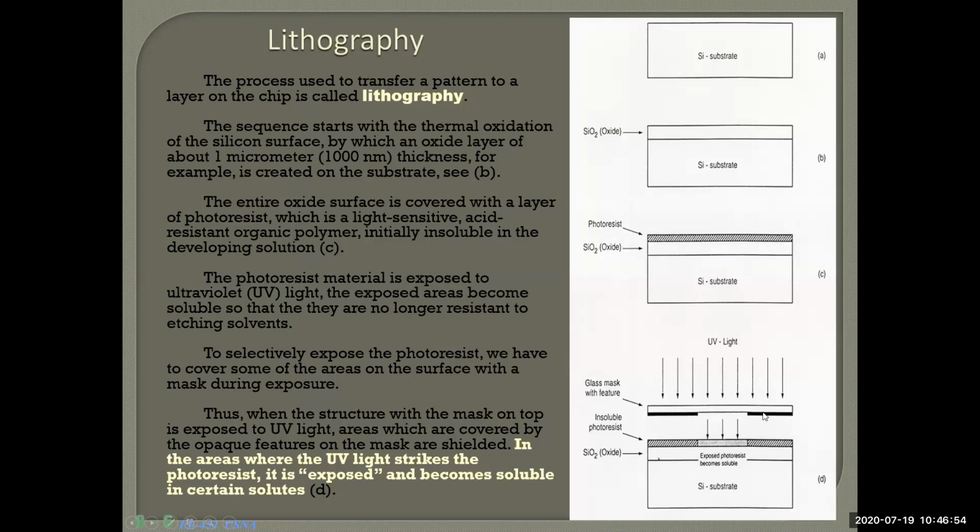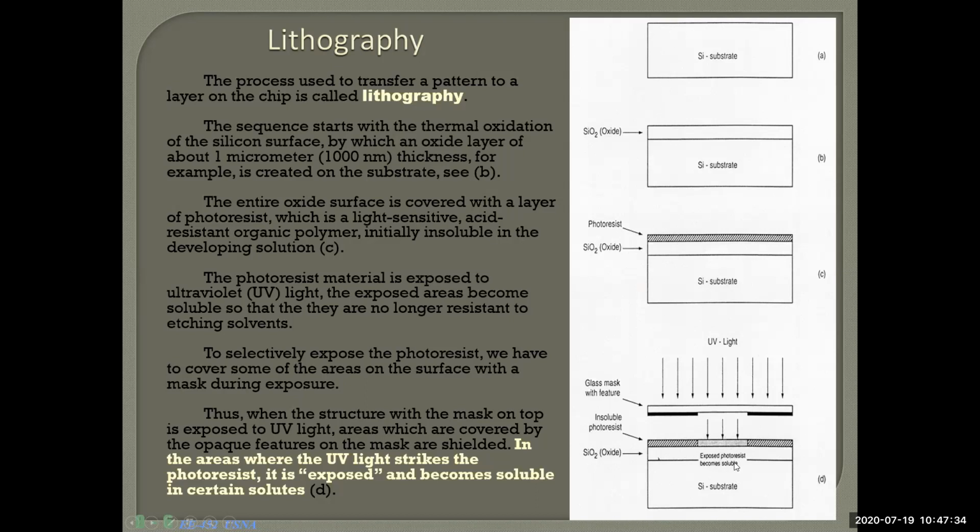Then I will keep the glass on top of that substrate and photoresist. I will apply some UV ray. See, where there is no design, no UV ray will hit. Where there is design, the UV ray will hit the photoresist. When the UV ray hits the photoresist, it loses its characteristics. The other part of the photoresist remains like a photoresist, but where the UV light hits, that part will be soluble now. That part will be soluble.